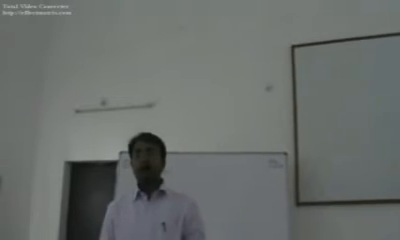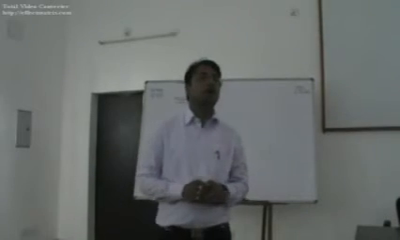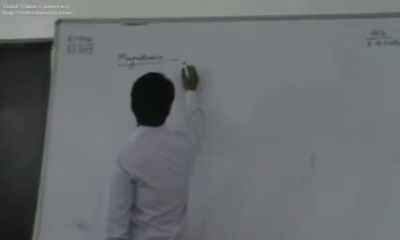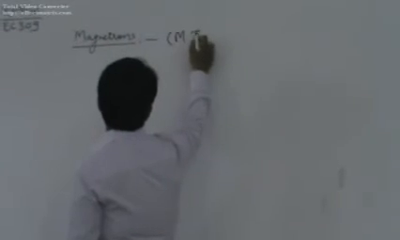As we have seen earlier in the classification of tubes, O means original type or ordinary type, and M means magnetron type. These are called the cross field devices. So what are the cross field devices? Magnetrons are M-type devices,